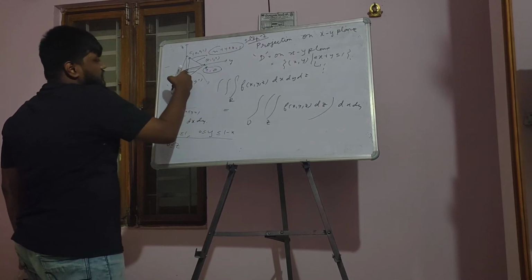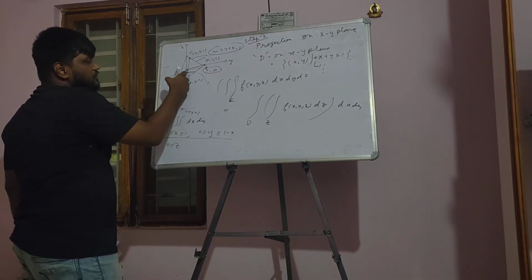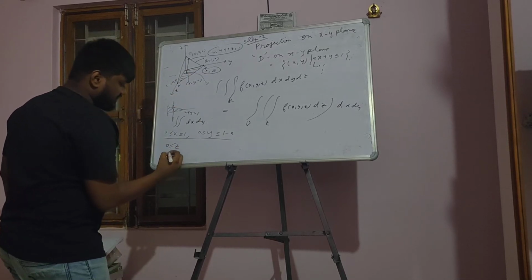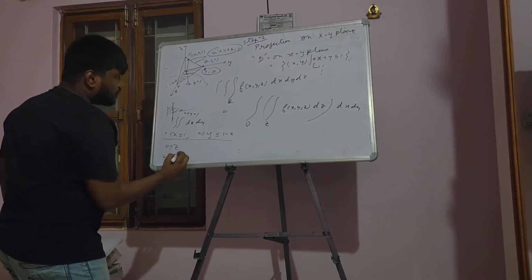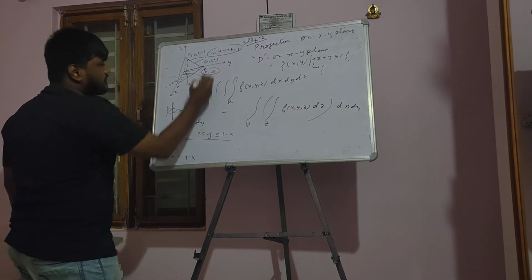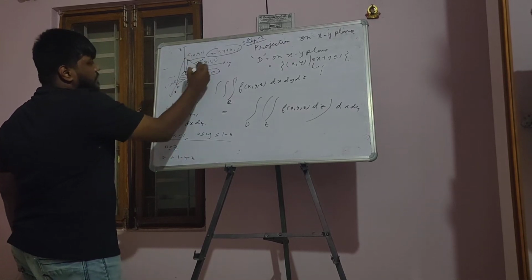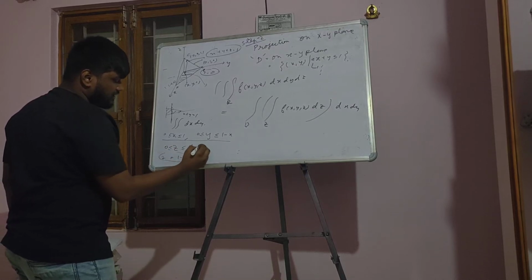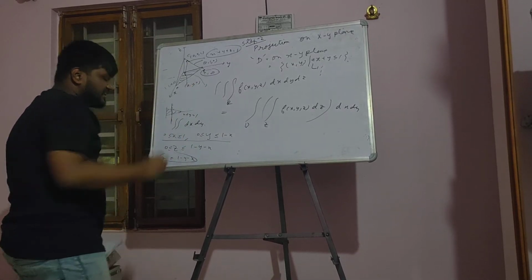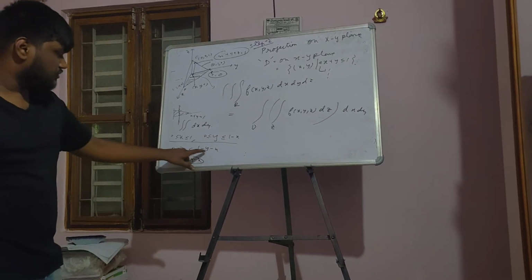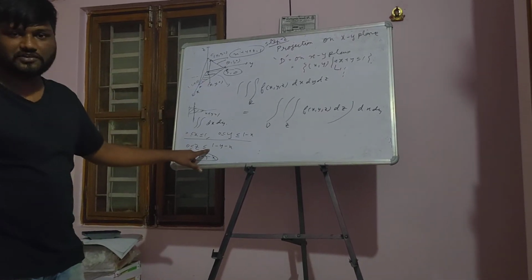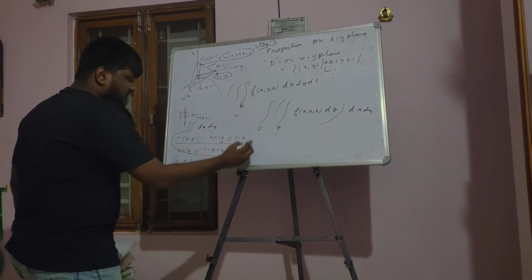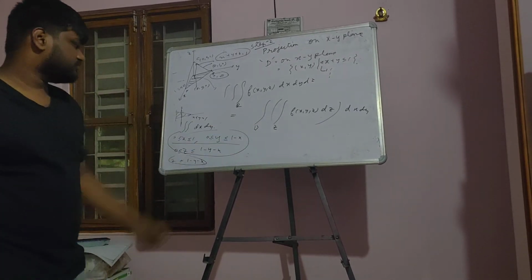So if you are given x, y, 0 in this projection, then you can easily say that z has to be equal to 1 minus y minus x on this boundary. That means z has to be always less than or equal to 1 minus y minus x for points inside the solid. On the boundary it is equal, and for points inside the solid it is less than or equal to 1 minus y minus x. So these are the bounds that we have to apply here.